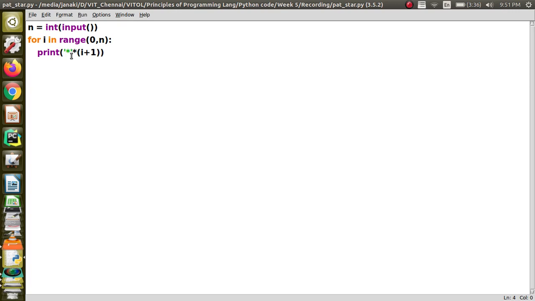These things that we can do only in Python, generally they call it a Pythonic way. Okay, this is not a general logic that we use, but because of the support given by Python, we are going to do it like this, right? So this is a string, so we have put it within the quotes, and this is star for repetition. So repetition and i plus 1 times. Since i starts with 0, this is i plus 1. Otherwise you can start with 1 and go up to n plus 1 as the top value. In that case we can directly say i.